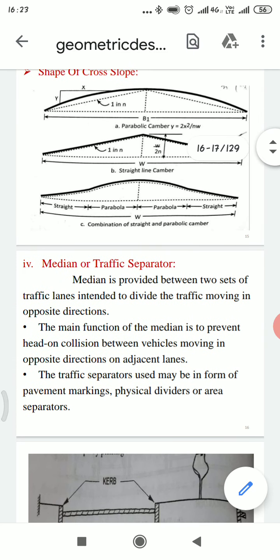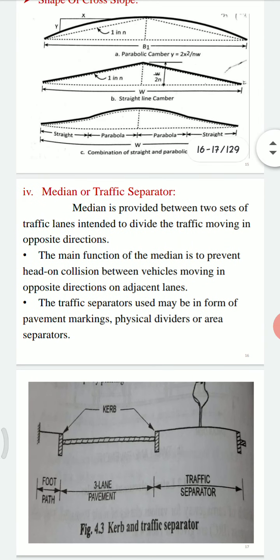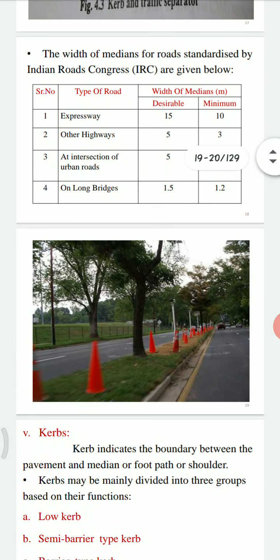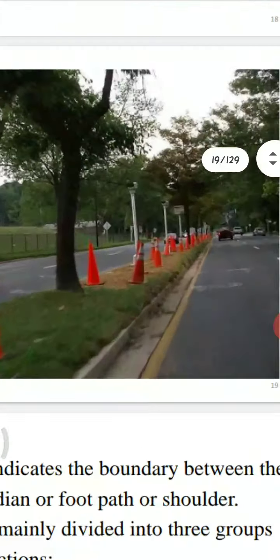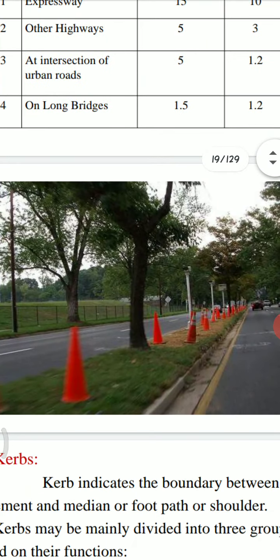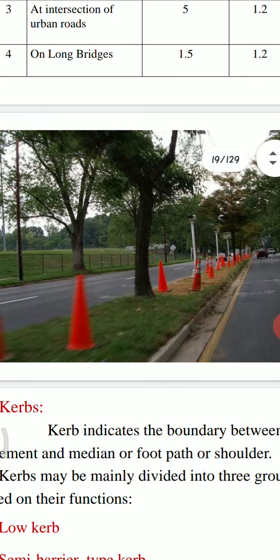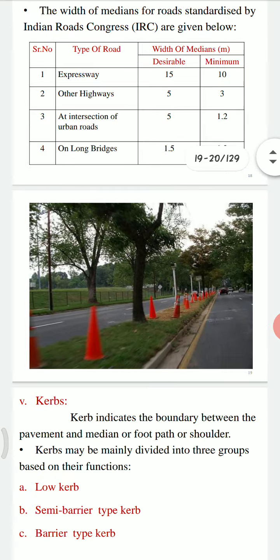And the fourth one is the median or traffic separator. Median or traffic separator means separating the lanes. We have to see the diagram that I show you. Yeah, this is the median. See in this image, where the trees are planted and some cones are provided, this area is known as